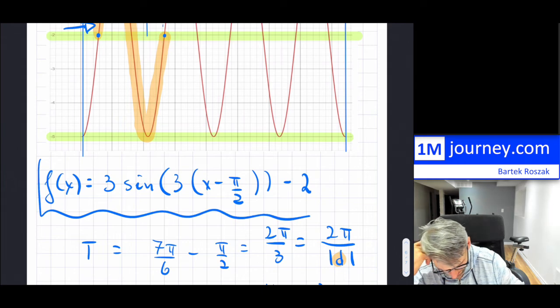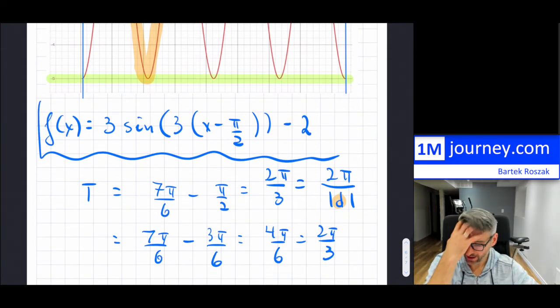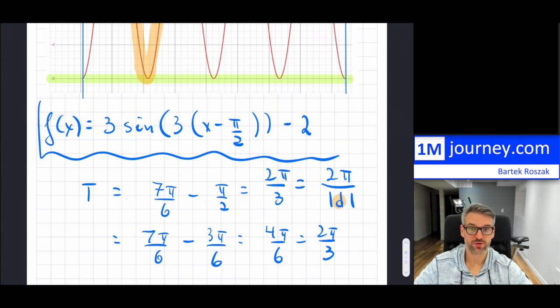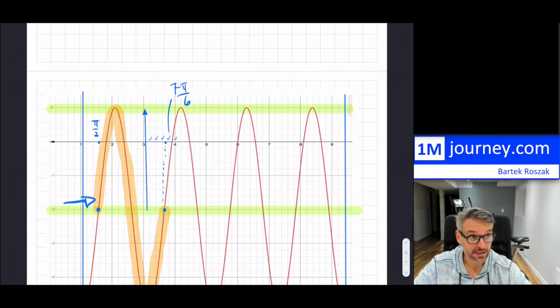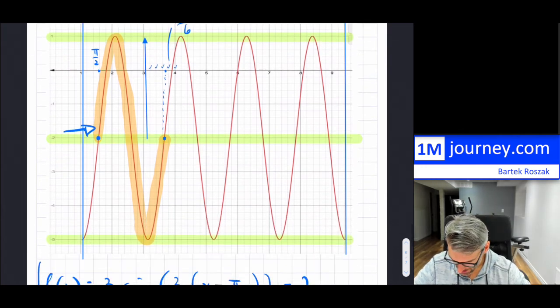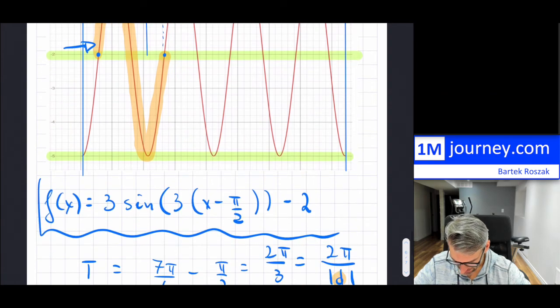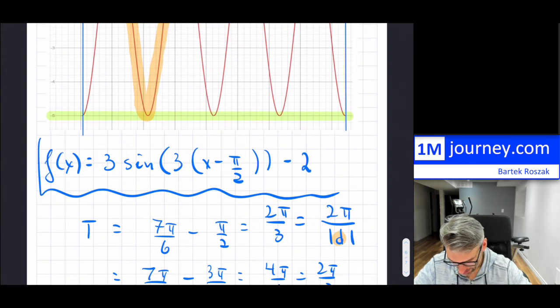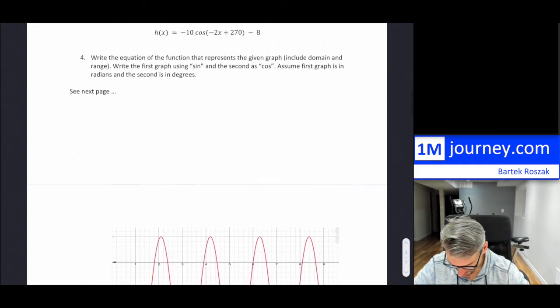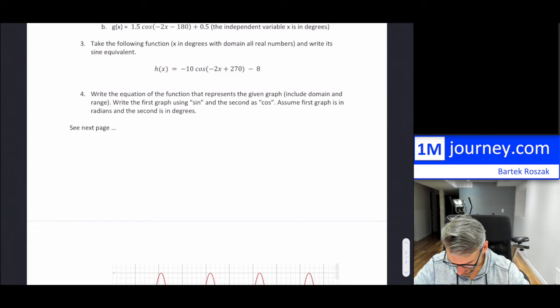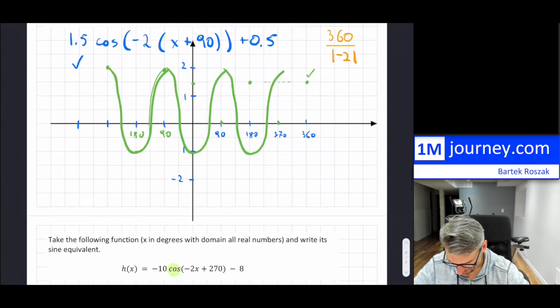All right, so that would have been our equation. Super mean. This one was not easy for sure. Okay, so that's how we can proceed and then find out the details. Now, let's see, did they ask us anything else? Assume that the graph is in radians, and they want the domain and range. Okay, so well, the domain,